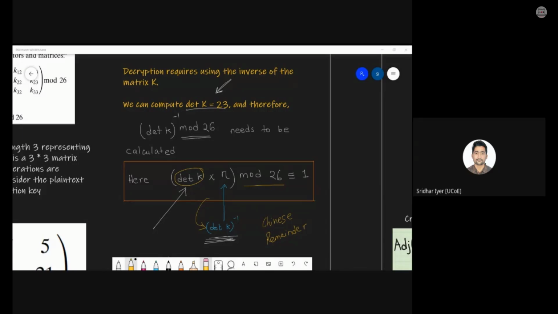You have your calculators, right? So keep on trying, and at one point of time, you will get the value of this particular operation as 1. For whichever value of n you got it, that is the determinant K inverse. Is it clear? Yes. Kindly let me know. So kindly start with different values of n and let me know for which value of n you are getting the answer as 1.